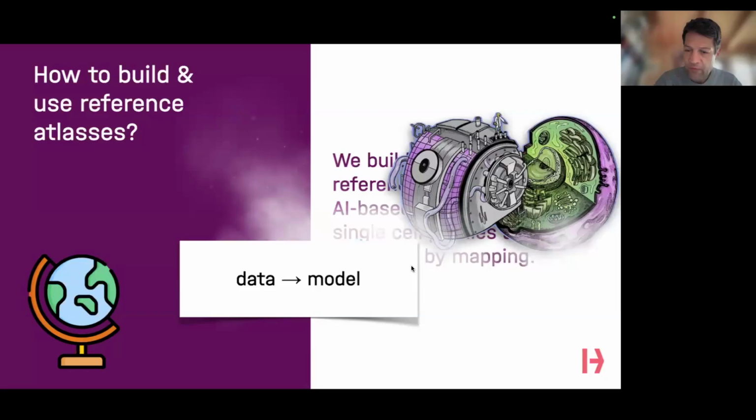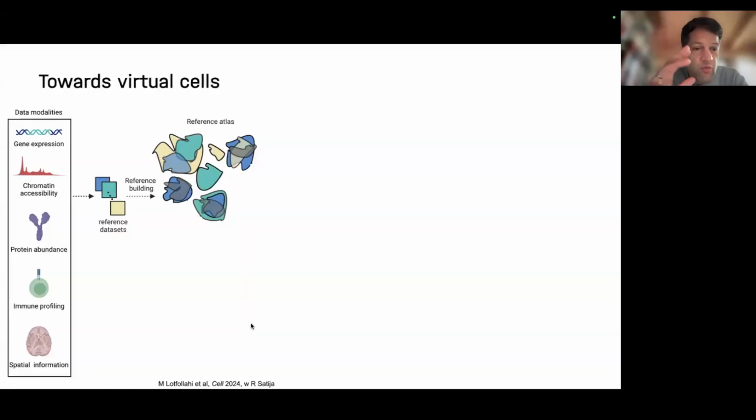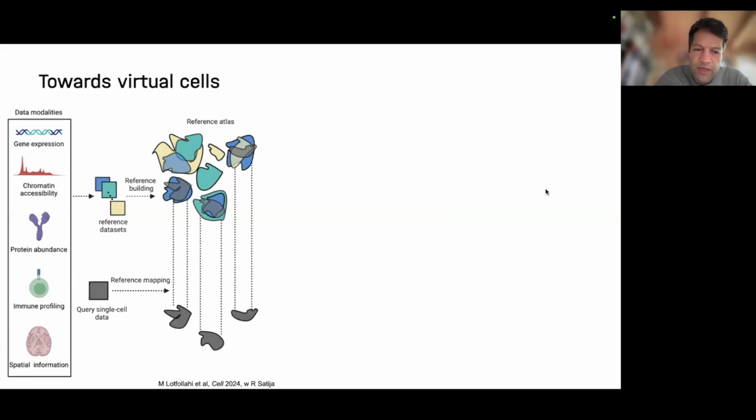But now, recently, colleagues such as Demis, or people from CCI, particularly Jan Max Zuckerberg, talk about this virtual cell as another thing again. In this presentation, we actually put all of this information in one big map. It's really getting attractive. This is from a review we did recently with Raoul Satici's lab. If you take maybe even multiple modalities, you chuck them into one reference. The virtual cell could be this type of reference, because these cells now integrate. They don't really fully exist because they've been merged, right? But now you take a new data set, you map it on top, and you get this information, just as we did before.